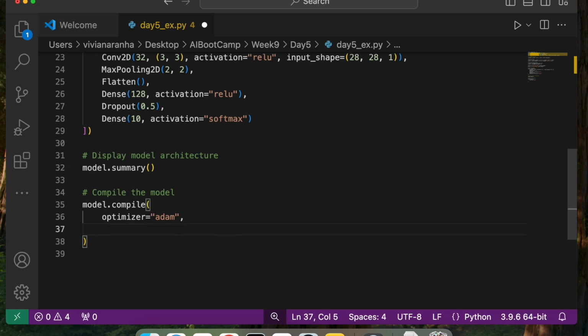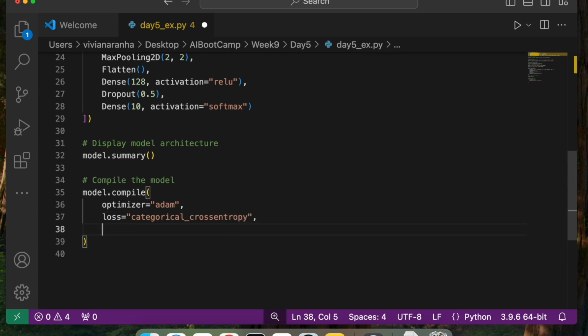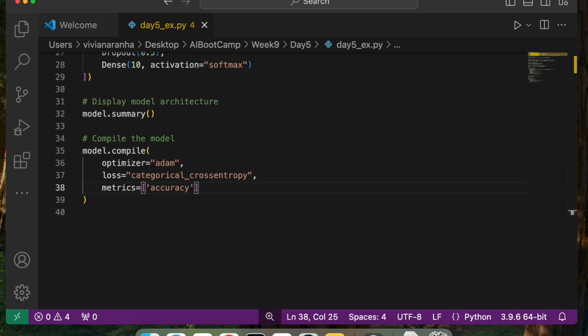For loss, I want to use categorical cross entropy. Next, for metrics, I want to use accuracy. Perfect. So that will compile my model.